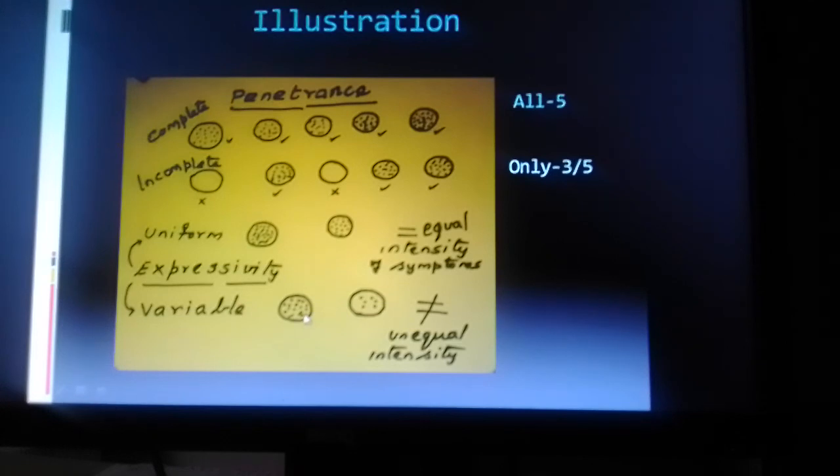But whether it is uniform expression or variable expression, you can say there is the penetrance. But to what extent has it penetrated? Accordingly, there come the important